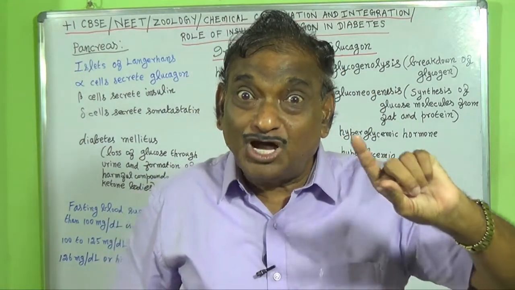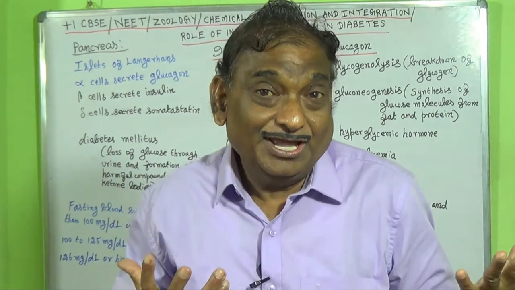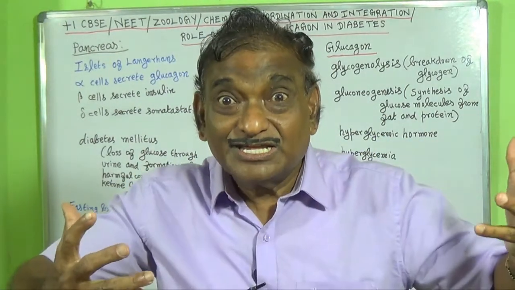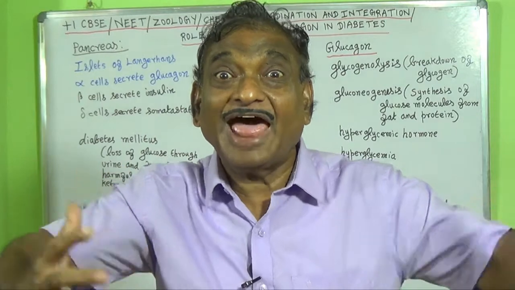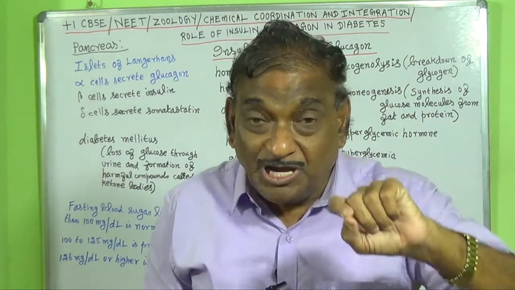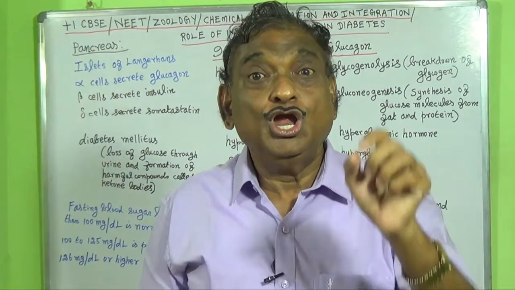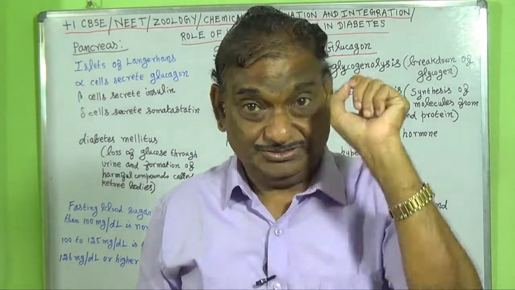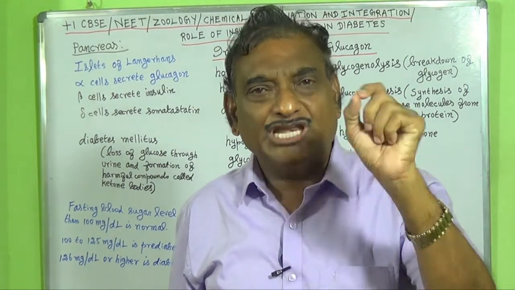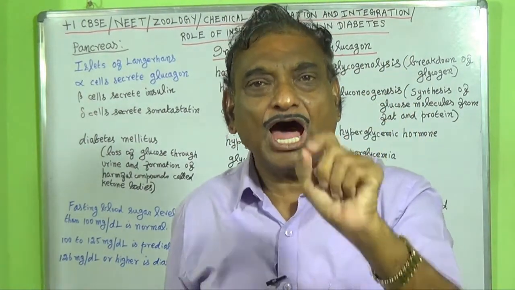If the glucose is passed through the urine, we cannot get sufficient energy. Our body cells, tissues, our organs cannot get sufficient energy for their activities. Moreover, in the case of diabetes mellitus, there will be the formation of harmful compounds known as ketone bodies. Now let us see what is the normal glucose level during fasting and 2 hours after eating.